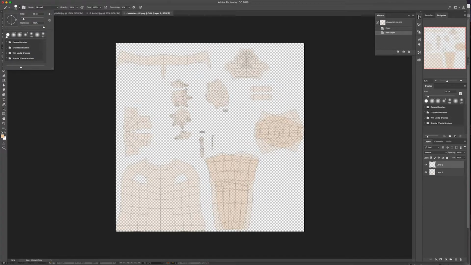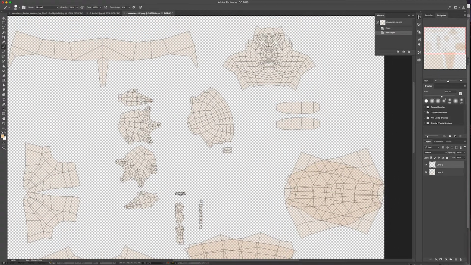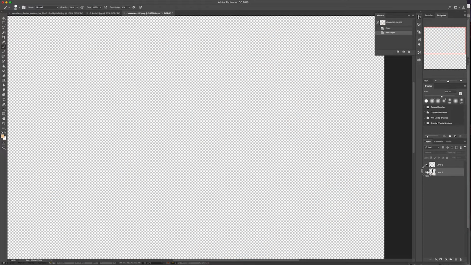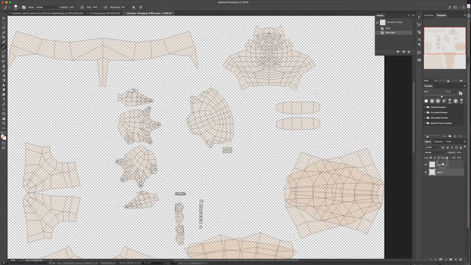Let's have a look. I'm going to make it a flat edge rather than a feathered edge. We'll make it a little bit bigger than that. So here's my head up here. I'm going to zoom in on the navigator here a little bit, and I'm painting on the layer. I want to paint on the layer below the template. So I'm moving the template up. I'll click on layer 2, and I'll paint my skin in,